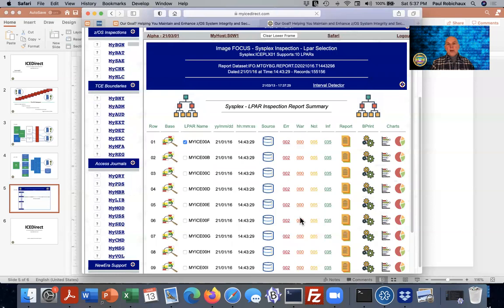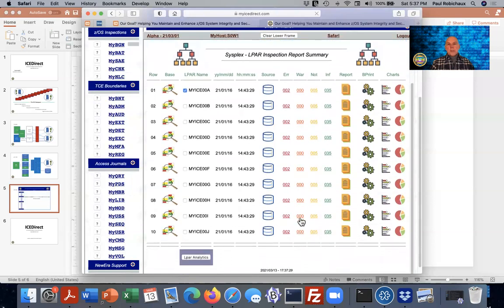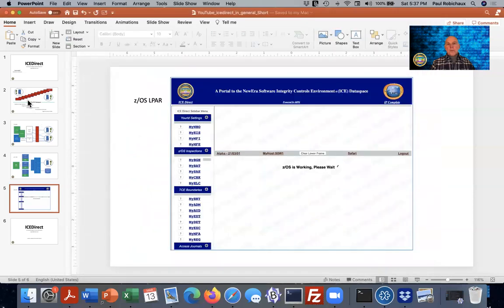There happen to be 10 LPARs in this particular Sysplex, so it takes a bit of time. But from here, all of these things are linked to various functions that allow you to better understand what was discovered, what the configuration looks like of each of the LPARs in the Sysplex, and other functions support the Sysplex itself, its coupling facility, the commonality or differences between the parms that define the individual images to become citizens in the Sysplex itself. So just wrapping this up